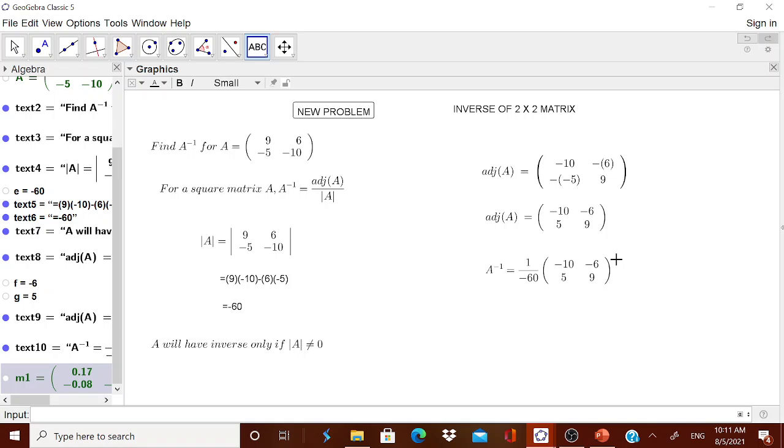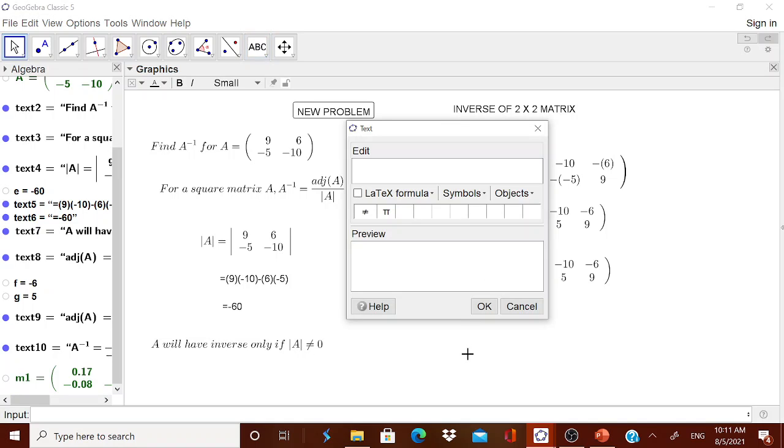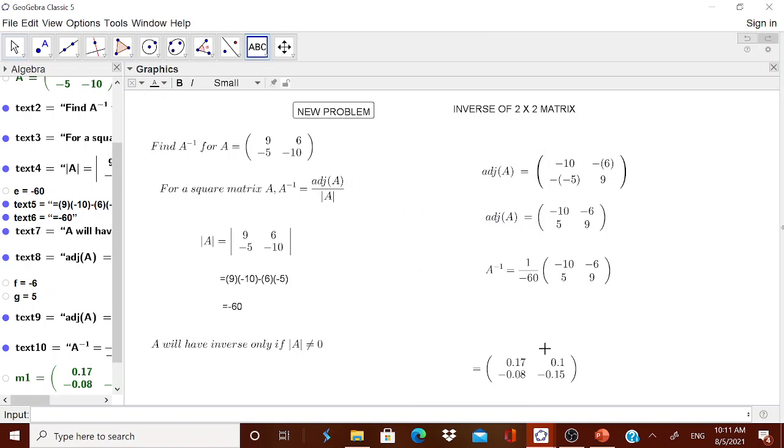Therefore, 10 by 60, minus 6 by 60. Okay. Now, if you want to tell it, it is M1. Therefore, is equal to the. If you want, you can have that M1. Okay, I will show you that M1 in latex formula. Okay, good. You got it now. Okay. Now the problem is over.